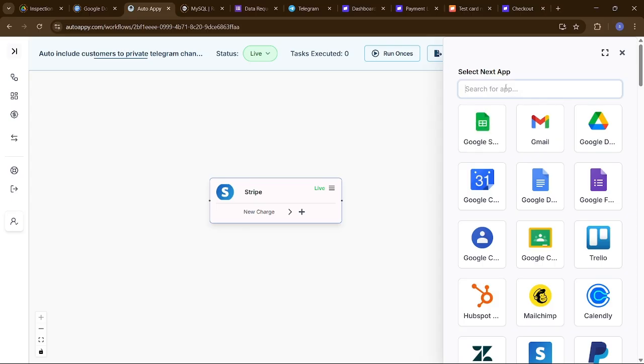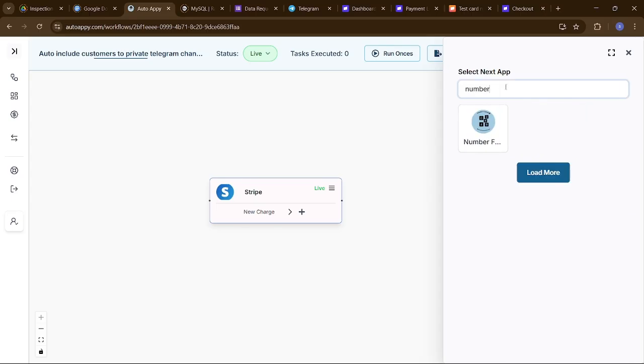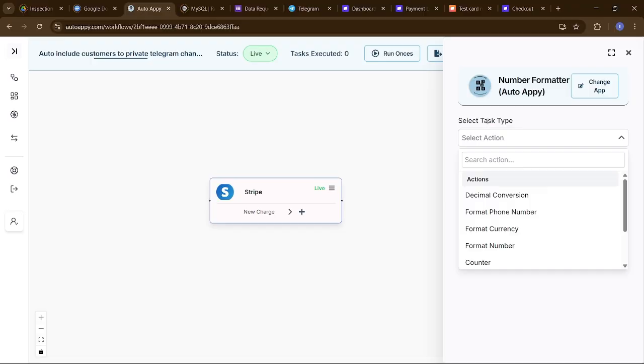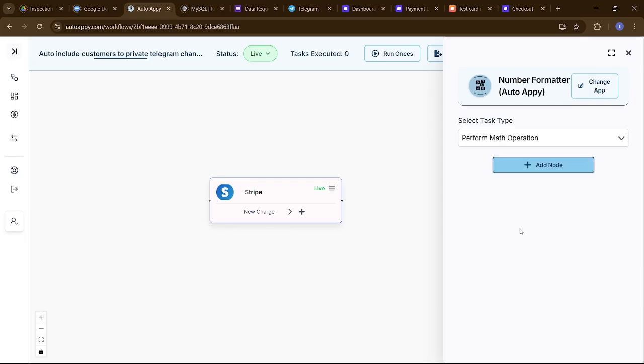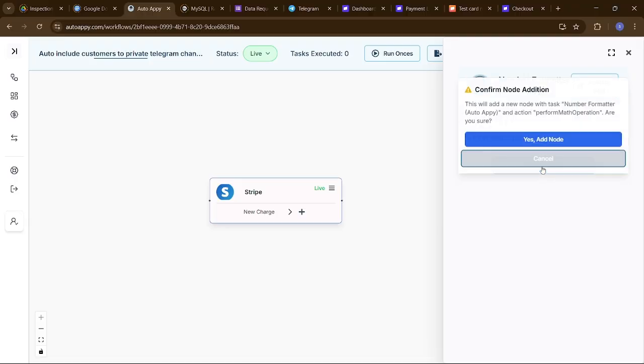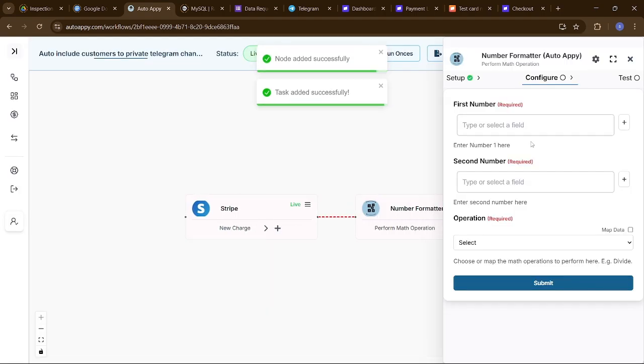And then we will search for number formatter. So after going for number formatter, we are going to select perform math operation. So after coming here, we are going to select perform math operation and say add node. Yes, add node. And this is an internal feature provided by AutoAppy, so this does not require much of a